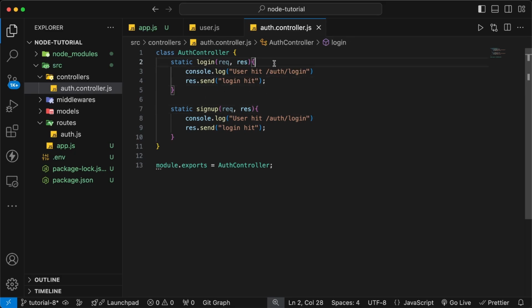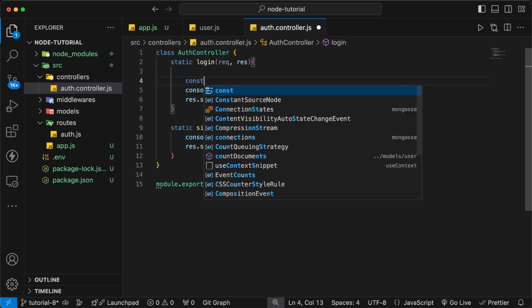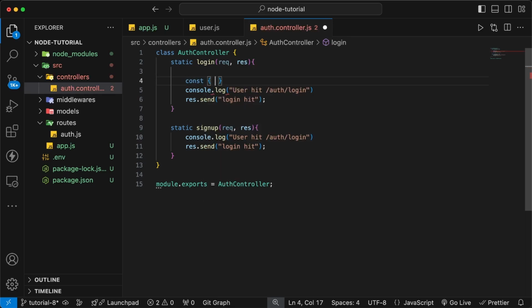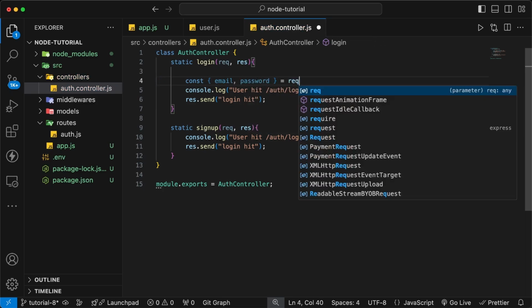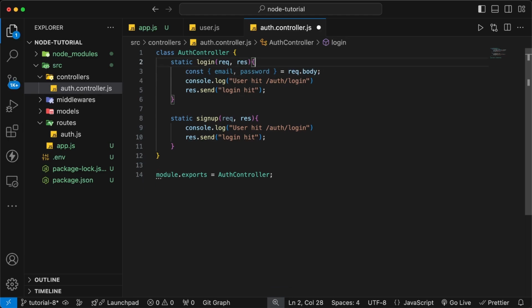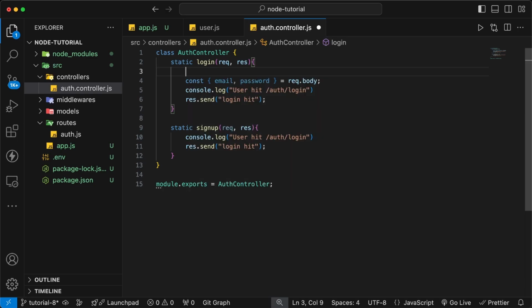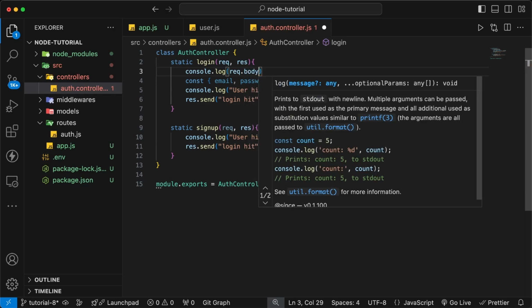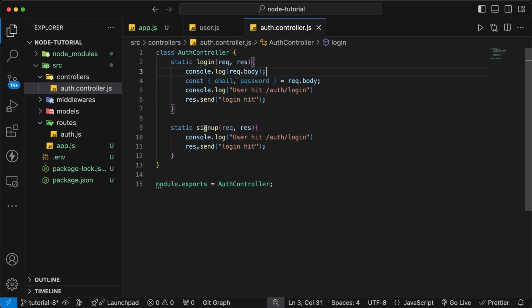Whenever a user logs in, we at least expect them to add their email and password. So we can always say const email. We can destructure the arguments, email, password, equals request.body, and just to always see whether we are getting the right data, we can always log console.log request.body, and then we can go back to our Postman,